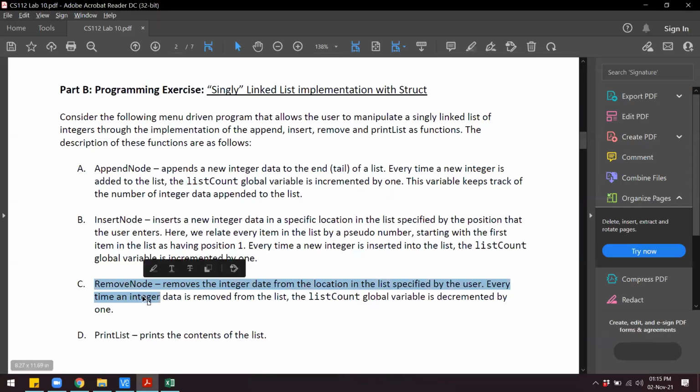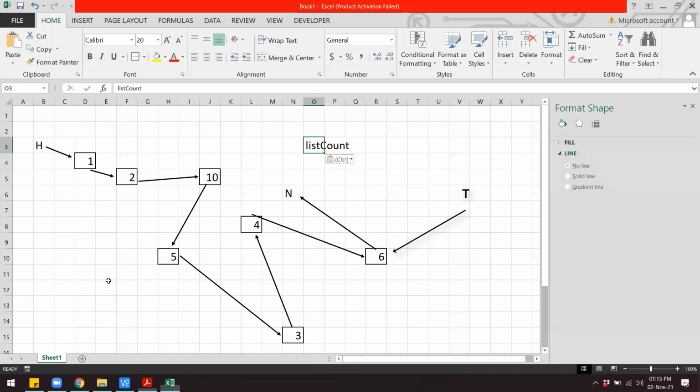Then for the remove node function, you will pass a position of the list where you want to remove the node from. So if I call the remove node function on this list, and if I pass the value maybe 4, then the node that comes at index number 4 will be removed from the list. If I look at this particular list, this is at index number 1, 2, 3, and 4.